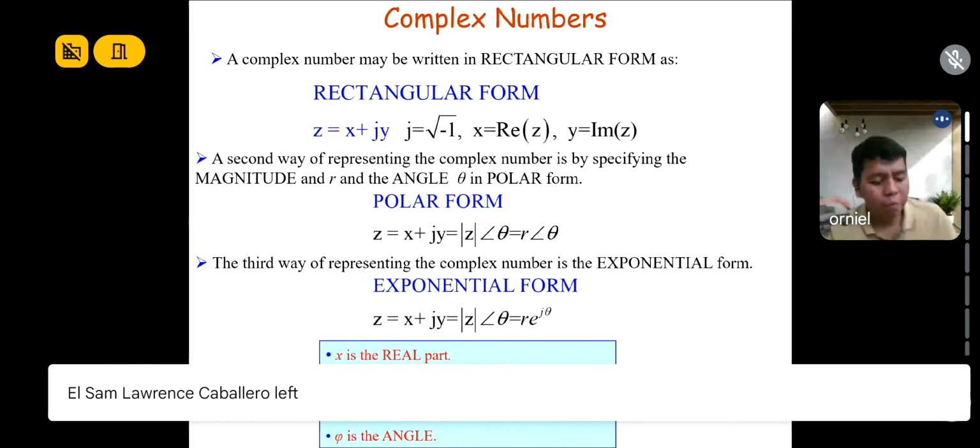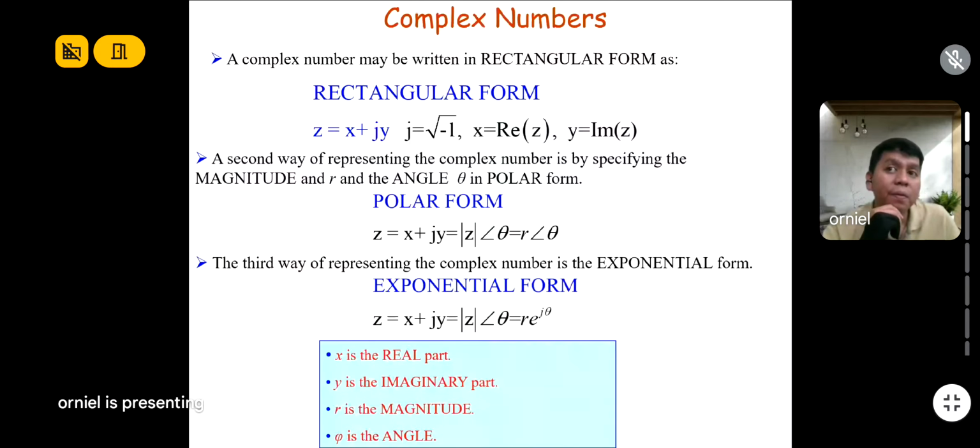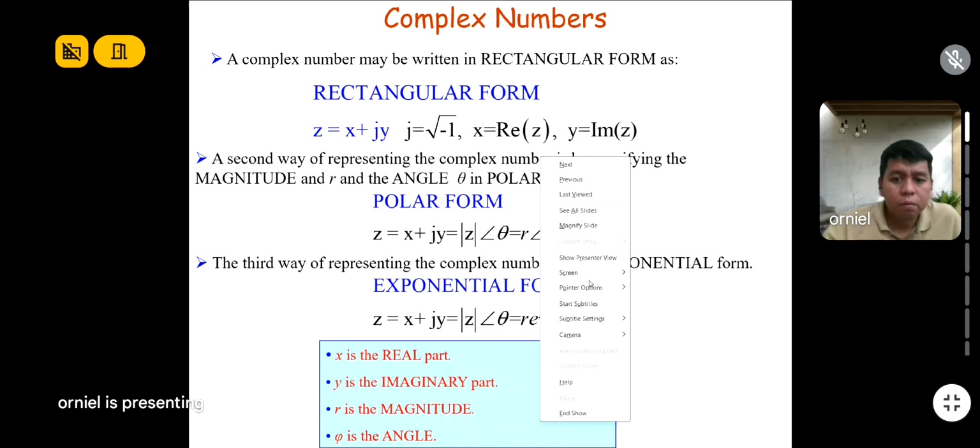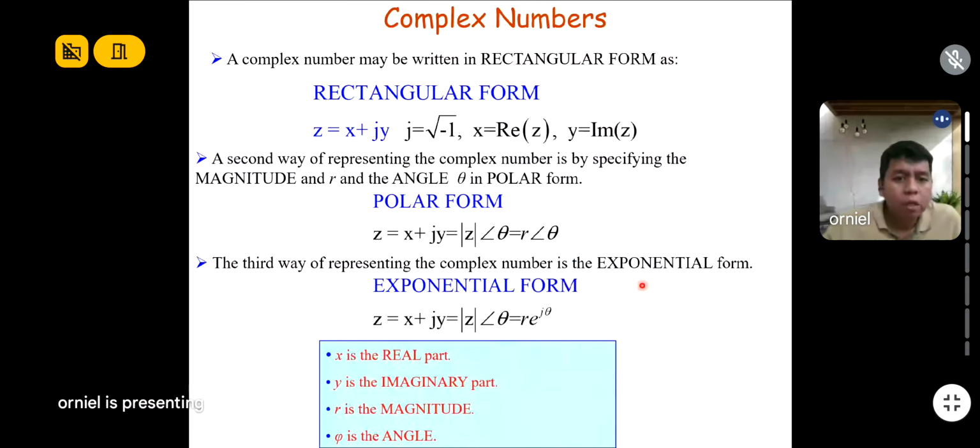Okay. I think you will get there. It is not too hard. The good thing about the complex number is that it has a real part and an imaginary part. As you can see, this is the form for the impedance, denoted as Z.